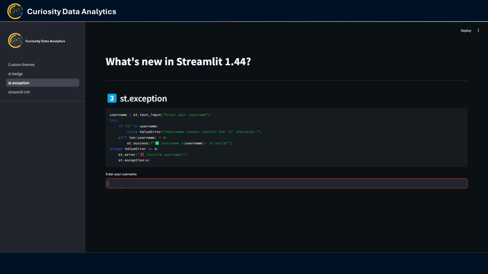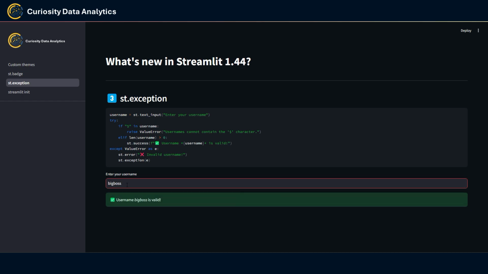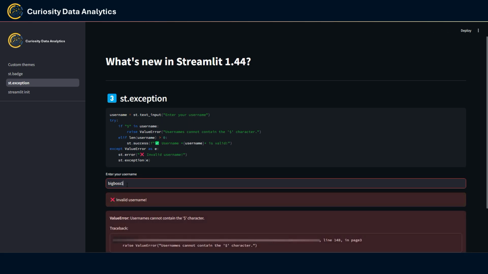So if I have, I don't know, as a username, Big Boss, the username is valid, but if I add a $, it is invalid and it raises a value error with the mention that says usernames cannot contain the $ character. Now this component already existed prior to this update, but the cool thing here is that